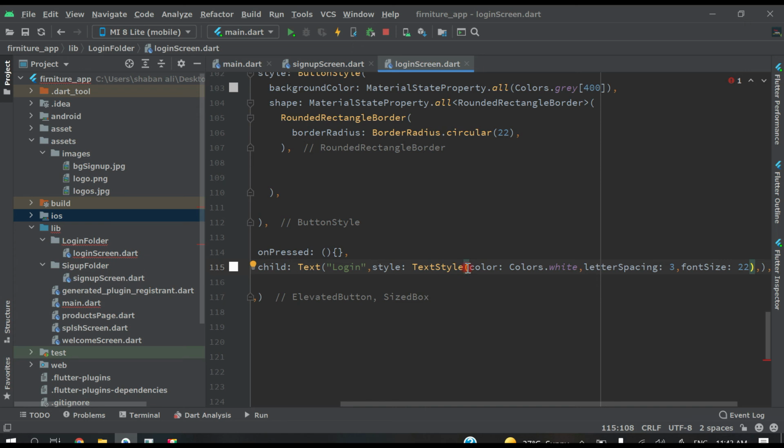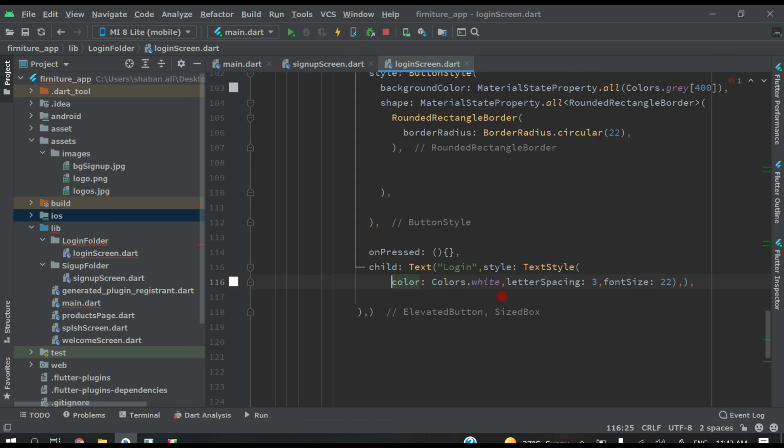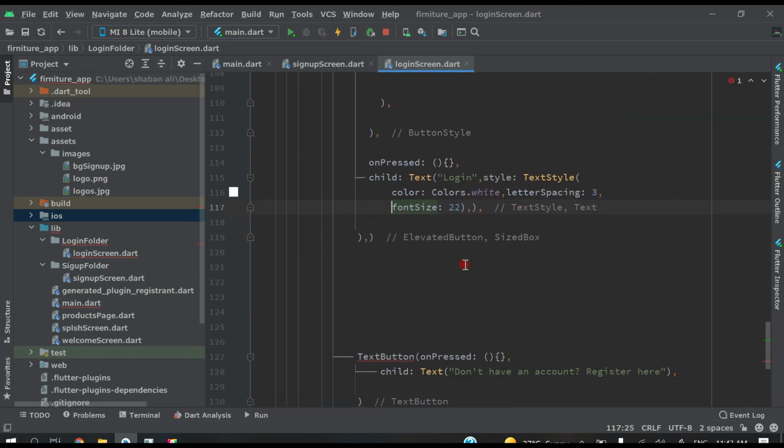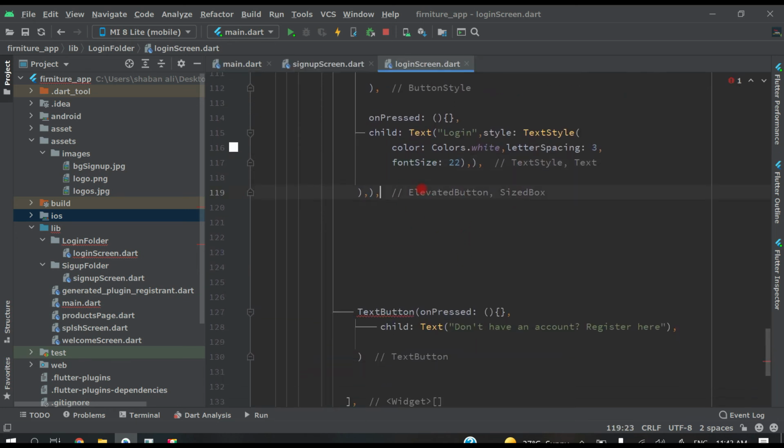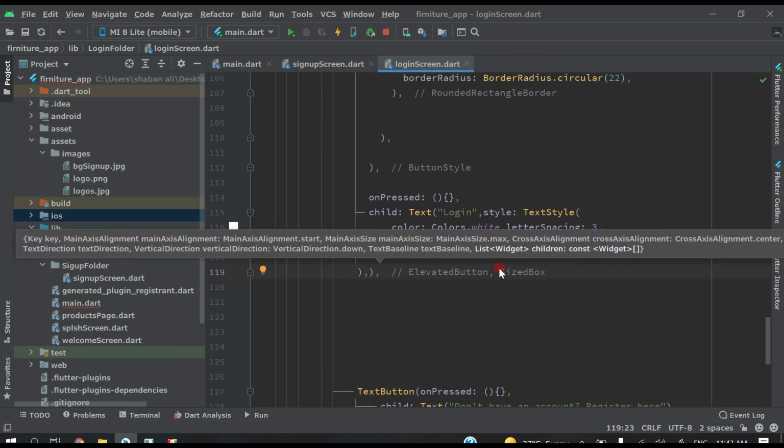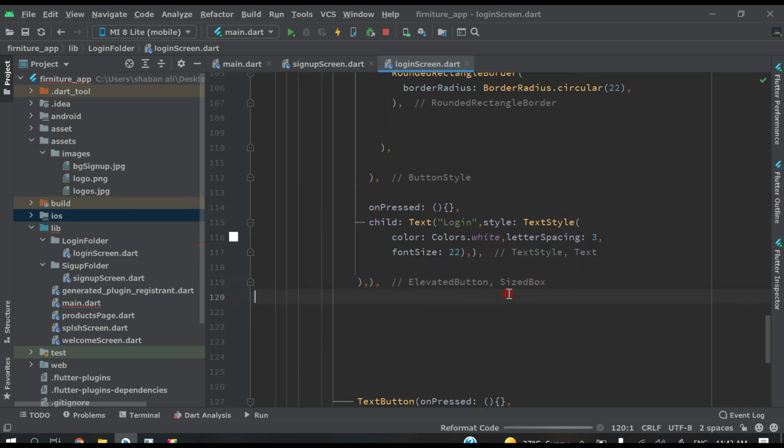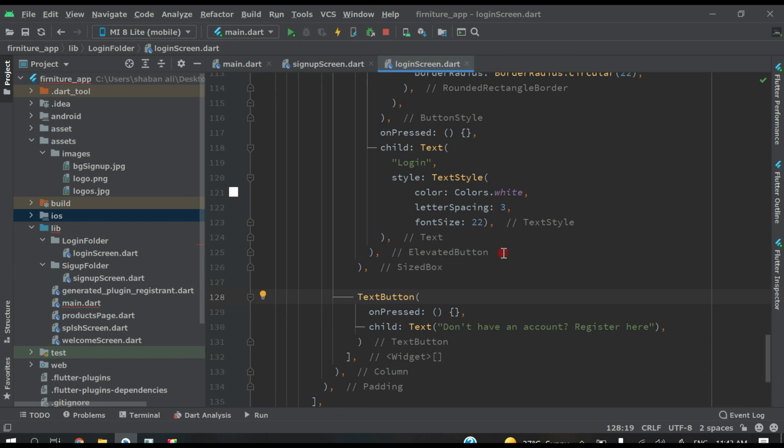Now let's break this code here like this. Now you will see. Now after this, put comma here. After this, let's press Ctrl Alt L. Now you will see all formatting like this.